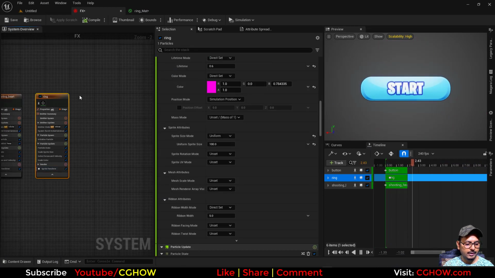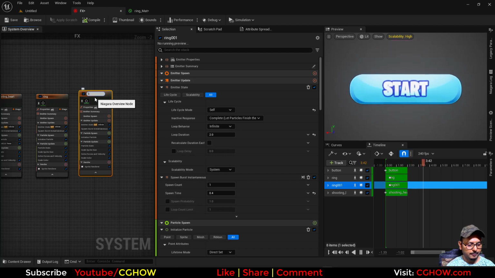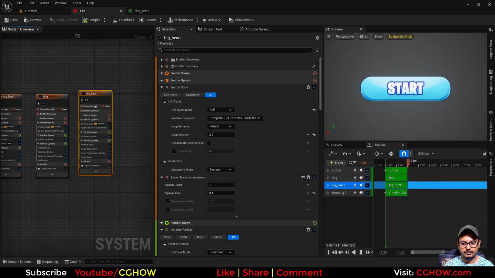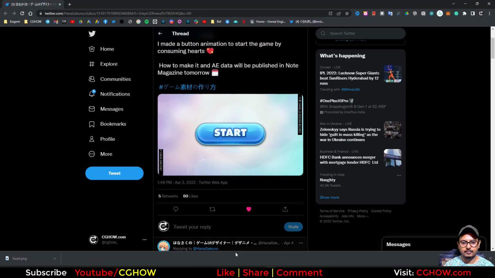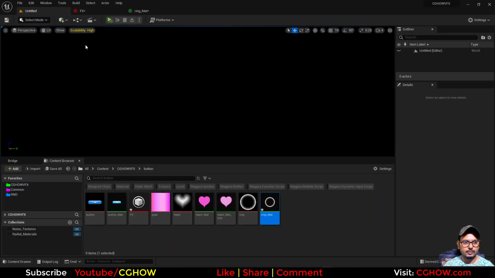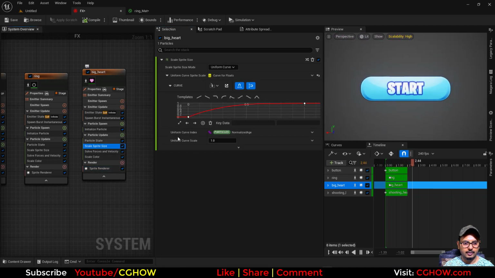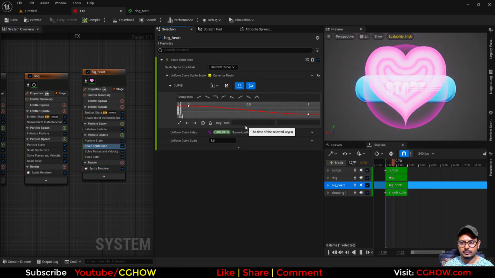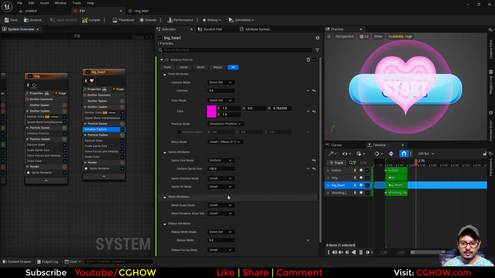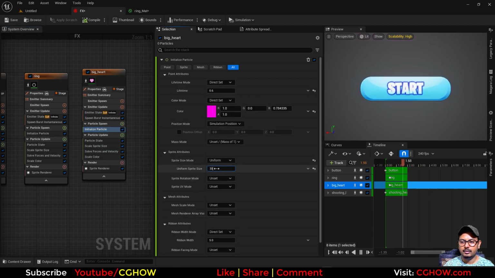So first I'll duplicate this, Control D again. This is my big heart. So I'll just use that heart material, and I'll use this key, and size maybe 40, 20, 30,